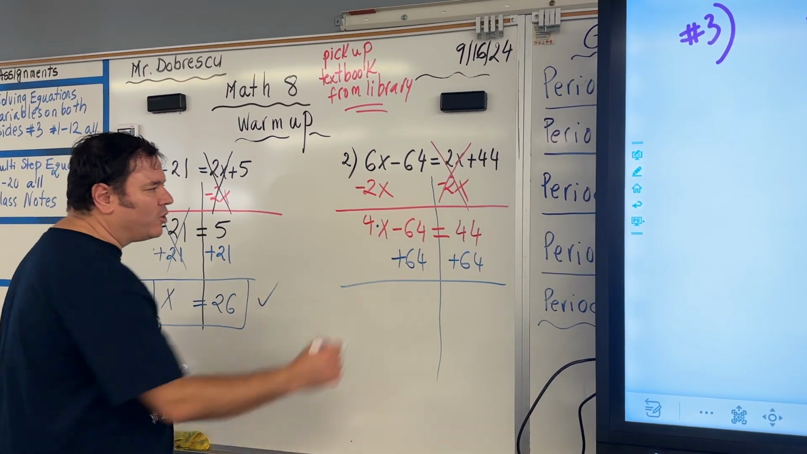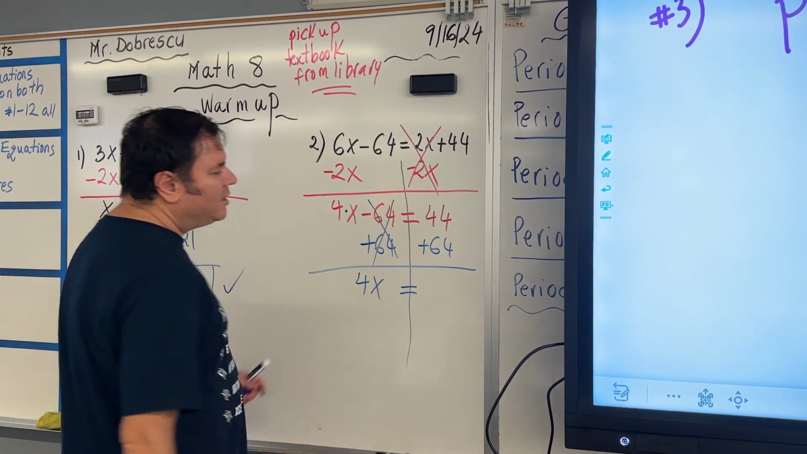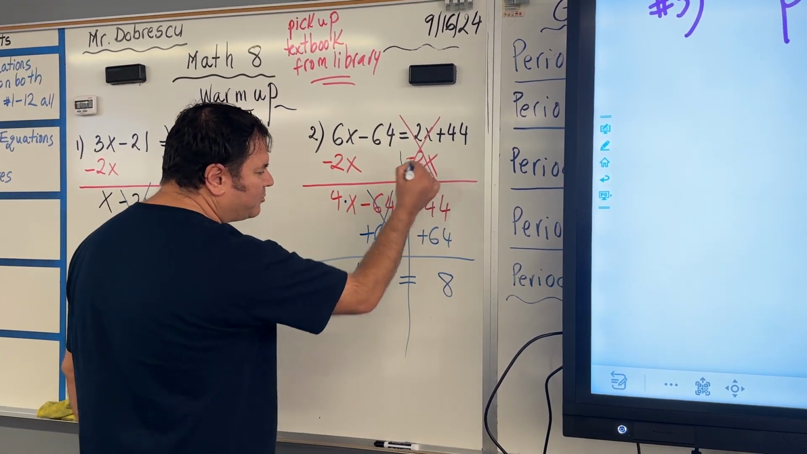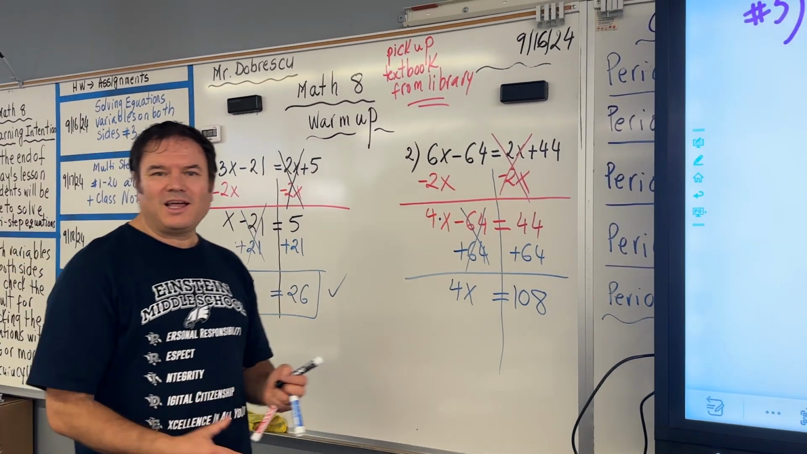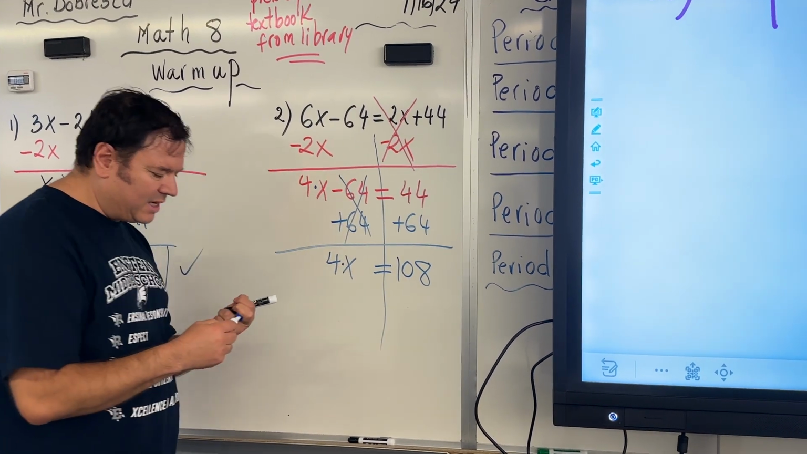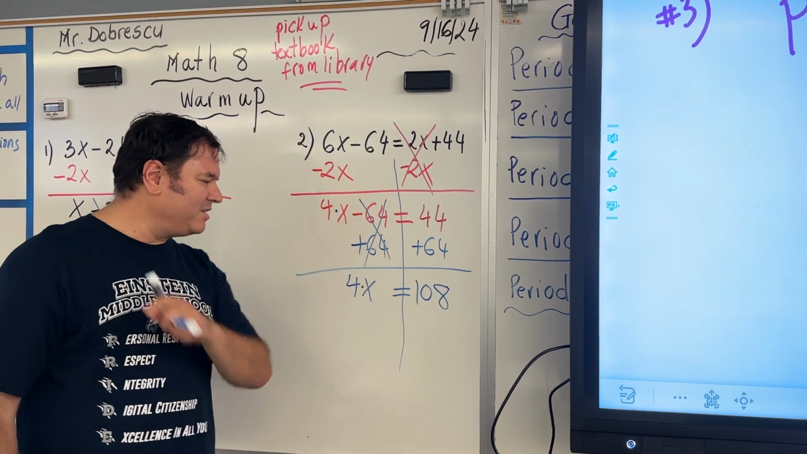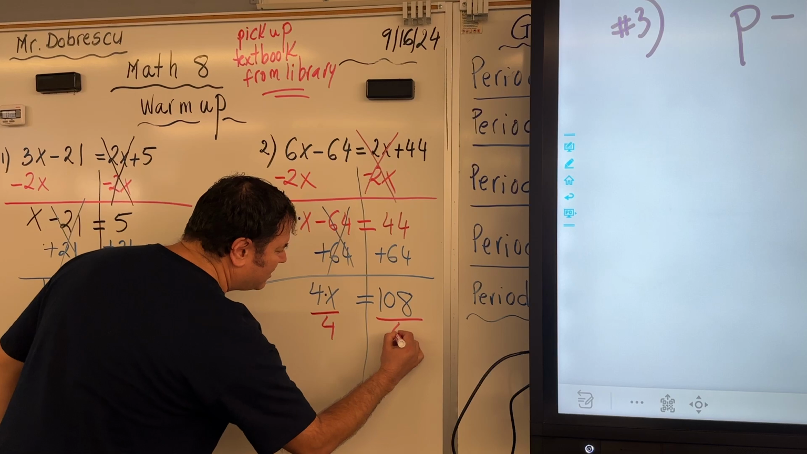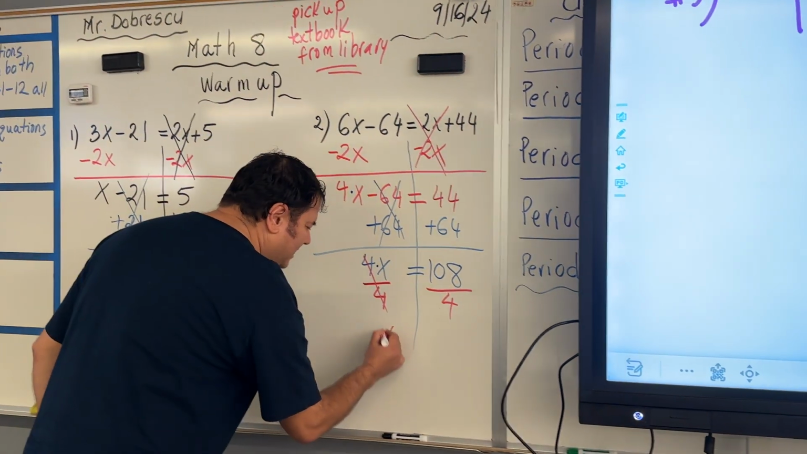64 and negative 64 cancel each other out. So we get 4x equals 64 plus 44. Let's add: 4 plus 4 is 8 and 6 plus 4 is 10. 108. And finally, class, what do you think we should do? We have 4 times x equals 108. And remember, opposite of multiplication is division. So we are going to divide both sides by 4. Whatever we do to one side, we do to the other side. And now 4 and 4 simplify out. So we get x equals